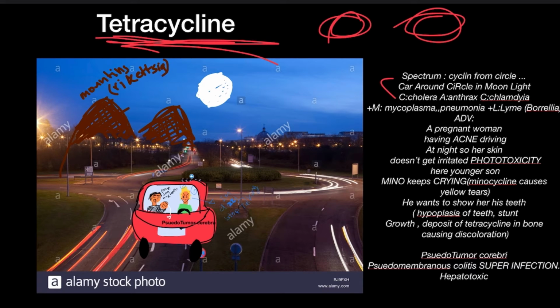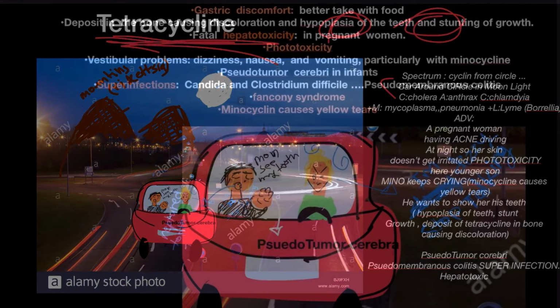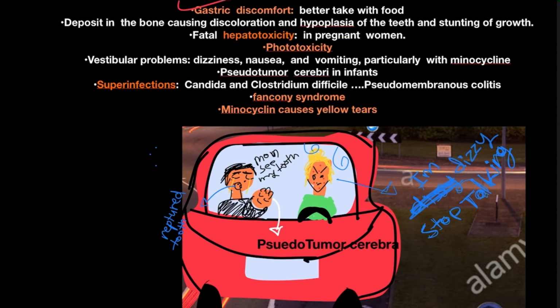In addition to that, tetracycline causes pseudotumor cerebri, which can be seen in infants. The adverse effects are gastric discomfort, that's why we better take it with food, and it might deposit in the bone causing discoloration and hypoplasia of the teeth and stunting of growth. It might cause fatal hepatotoxicity in pregnant women, it might cause phototoxicity, and it might cause vestibular problems, as we